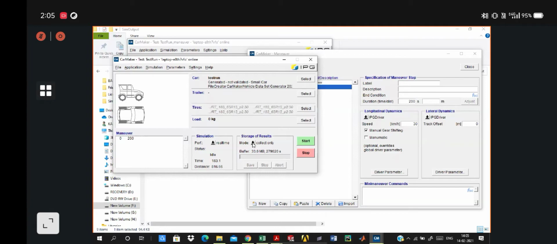The save all mode, once you are done with your simulation and have rectified all your errors, you can go ahead with save all to save all the result files on your local desktop. Currently I am just selecting collect only.